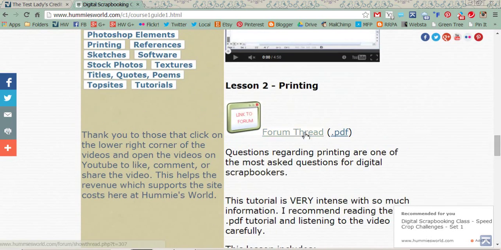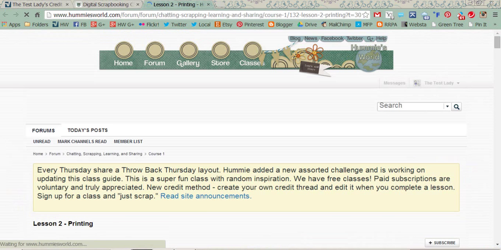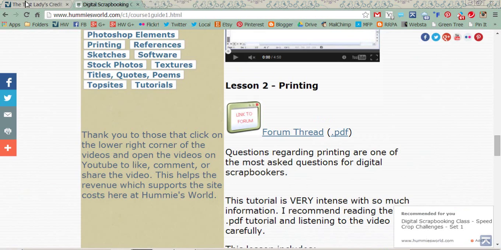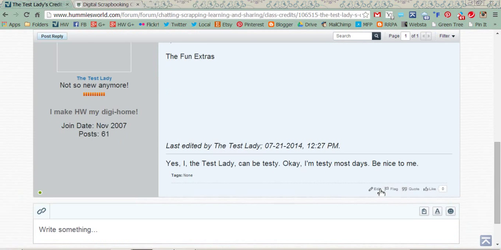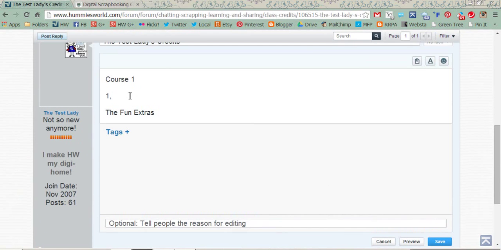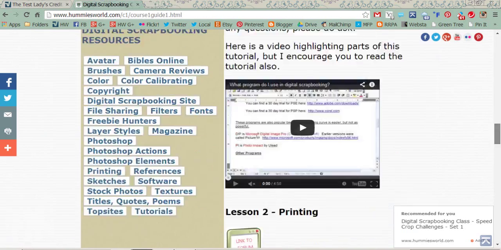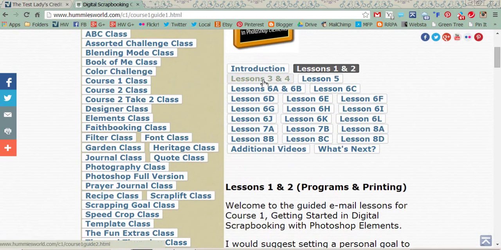to do. So I'm going to right click here on this forum thread, open up a new tab, and I'm going to post in this thread right here. Now go back to your credit thread. I'm going to edit it, mark it as number 2 is done, and hit save. Then let's say I've done 3 and 4, and because we're going to skip that right now and go to